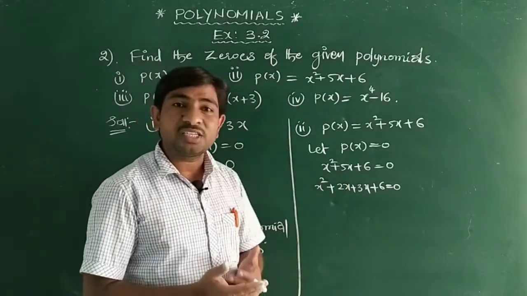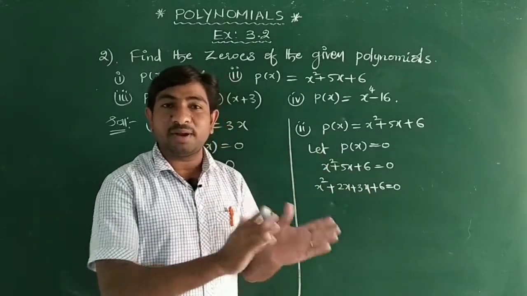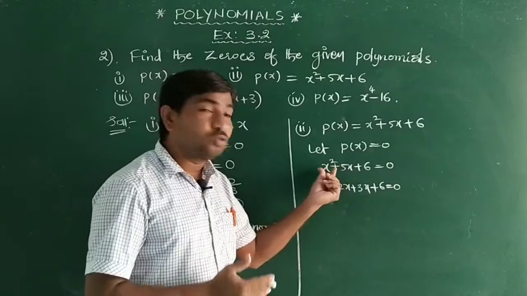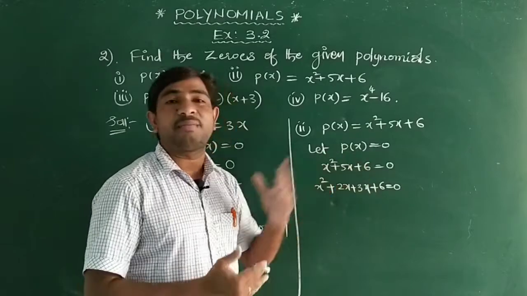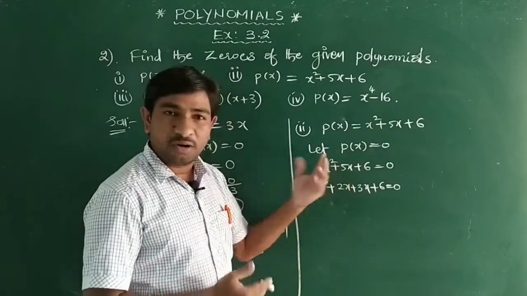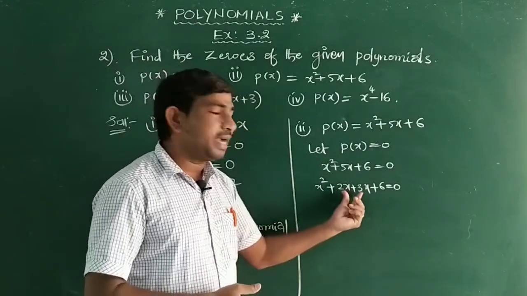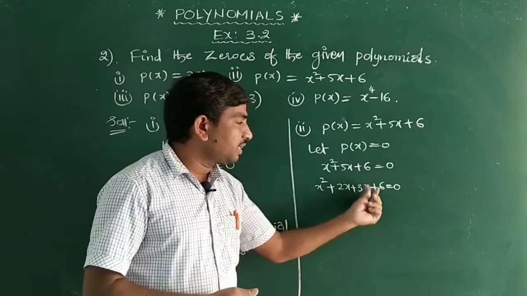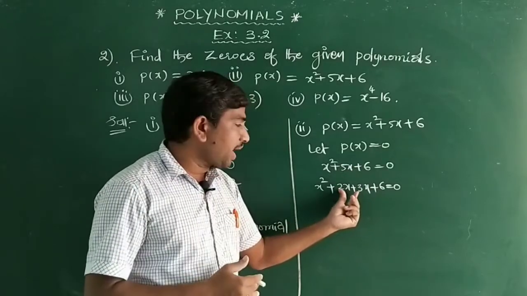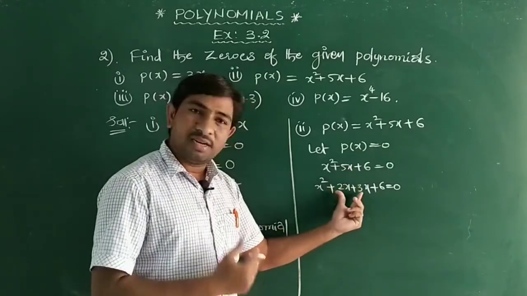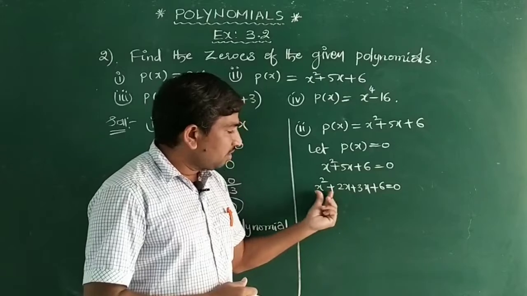Sir, is there a chance to get 5x also as 1x plus 4x? But if you multiply 1 and 4, what will you get? 4 only. But when we multiply the two given factors, we compulsorily need 6 into x square. So for that purpose, we have to take only the suitable pair of the factors of 6. What are those? 2 and 3. If you multiply 2 and 3, you will get 6 only, as well as 2 plus 3 is 5 only. So when you add, you will get the required middle term, and also if you multiply these two, you will get the product of the previous one, 6. So now it is the suitable pair.